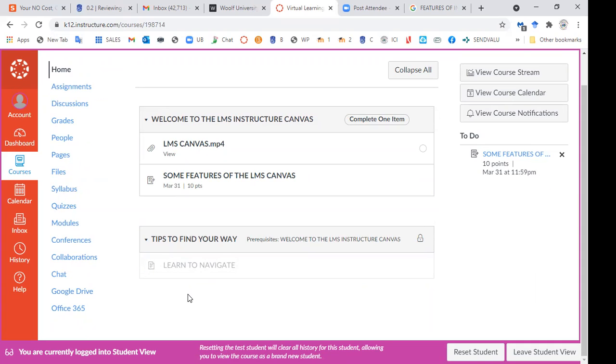So again, this is to reiterate the importance of selecting publish when you are ready to share a course. So I'm going to exit the student feature again,